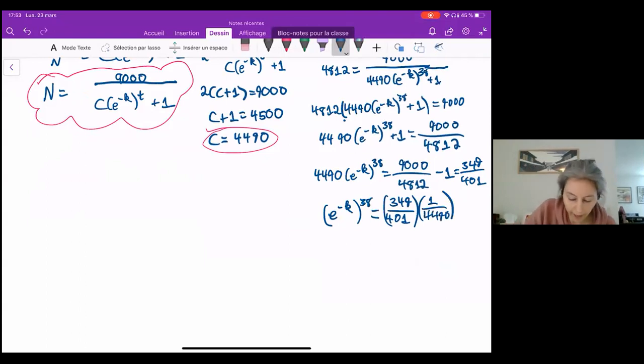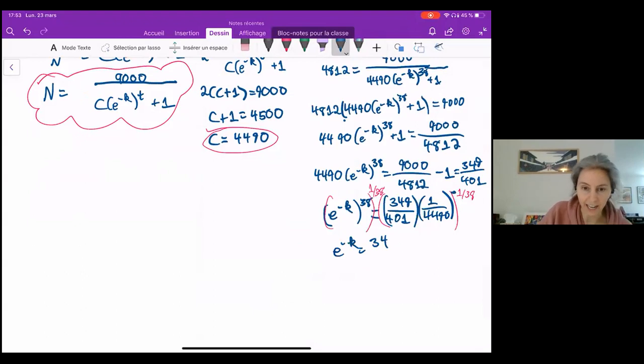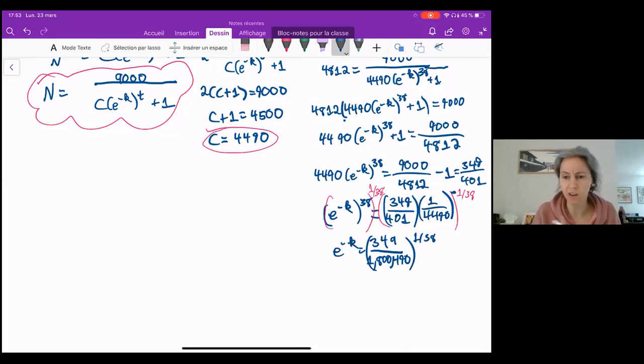Now we're going to take this and put both sides to the power of 1 over 38 to give us that e to the negative k is equal to 349 over 1,800,490, to the power of 1 over 38. So that's kind of a gross number. We're just going to stick it into our differential equation as is, not worry about the complex fraction here. So we end up with n of t is equal to 9,000